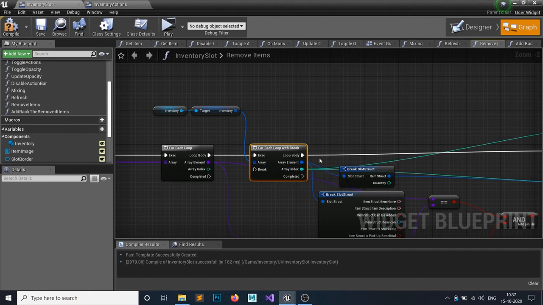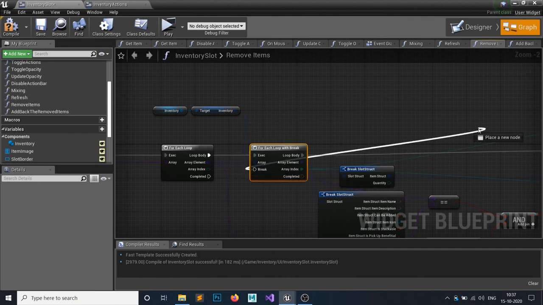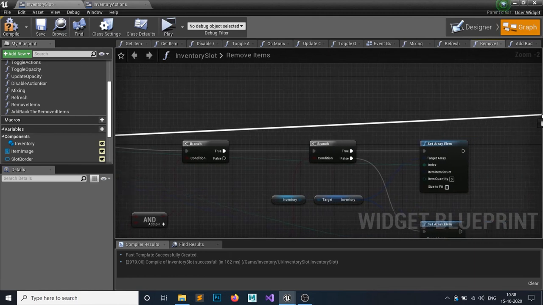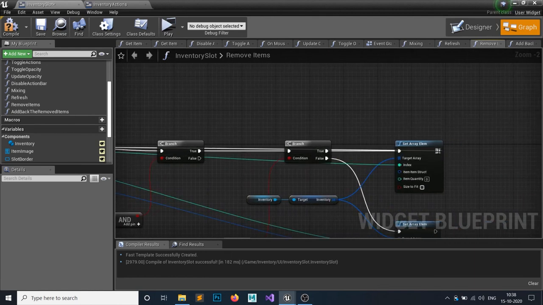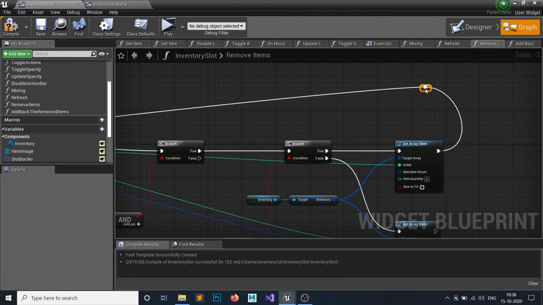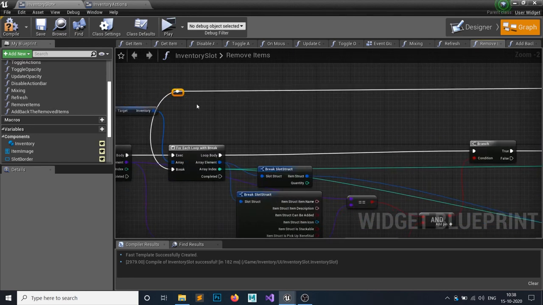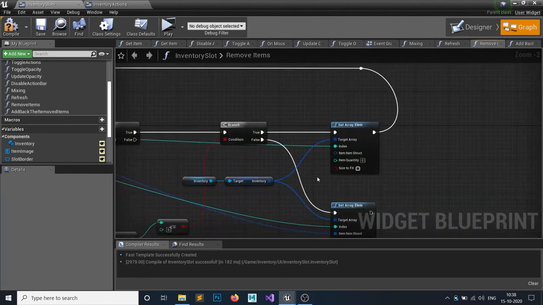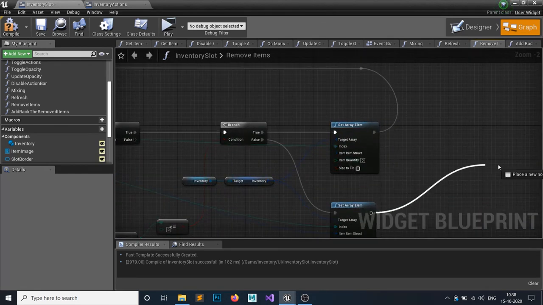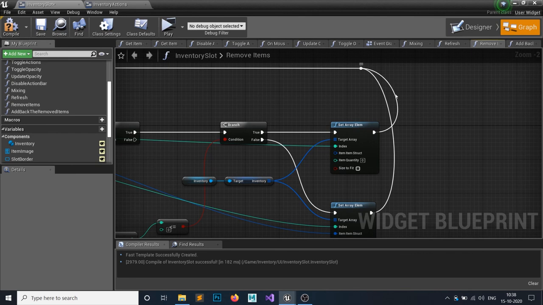When the break should be called, attach the break after removing this, right? Just double click to make it clean code. I know it is not looking so clean, but make sure you do that. So make sure you break after doing this iteration. Also, after doing this one, we also want to break it. So attach it to here. You can also attach it to your break. It's up to you. Now it's gonna work fine.